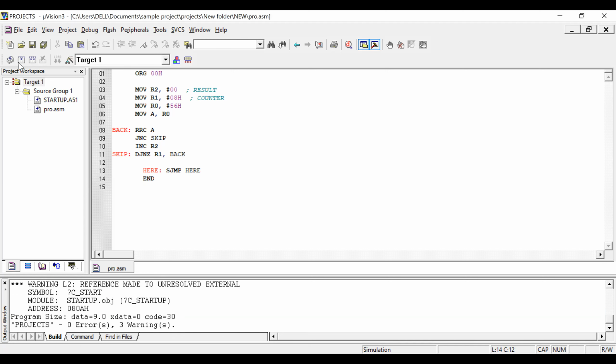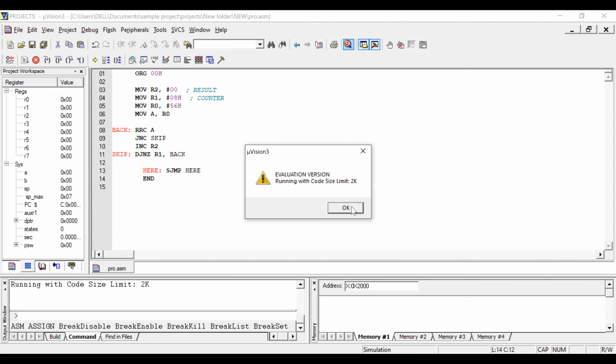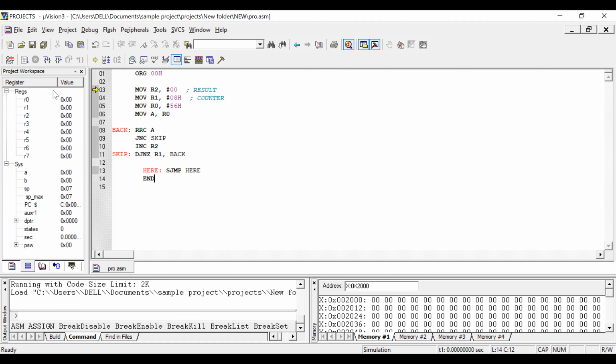So check out, just build the program. We build the program. I'm going to debug the program now. And here, where is my result? My result will be in R2. So here it will be R2. As per this data, my result is 4. Okay. Let us check that. I will run the program and stop it. Here you can see that the value is 4.